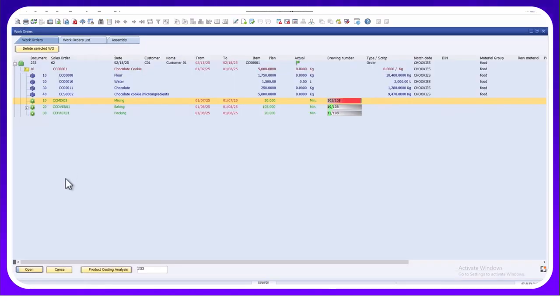To put it simply, we're going to have a simple example today of a work order to make some chocolate cookies. These chocolate cookies require some material, require mixing, some baking and some packing, and require specific planning time. For any planning questions, please refer back to our demonstration on Advanced Production Scheduler. So once you have this work order available,